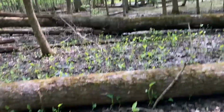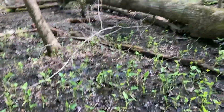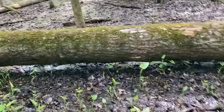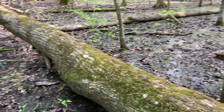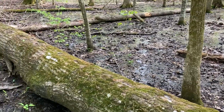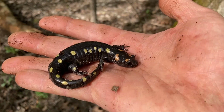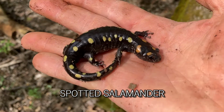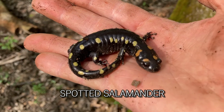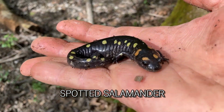All right, so it's mud snake looking time. So I spent a lot of the day road cruising, hiking some trail type areas. It's hot now though, afternoon. I'm gonna just get into the mud and see if I can find a mud snake. Well, I just got this nice spotted salamander. Not a new species for me, of course, but I like the orange spots on the head. I don't know that I found one like that. I've seen pictures, but